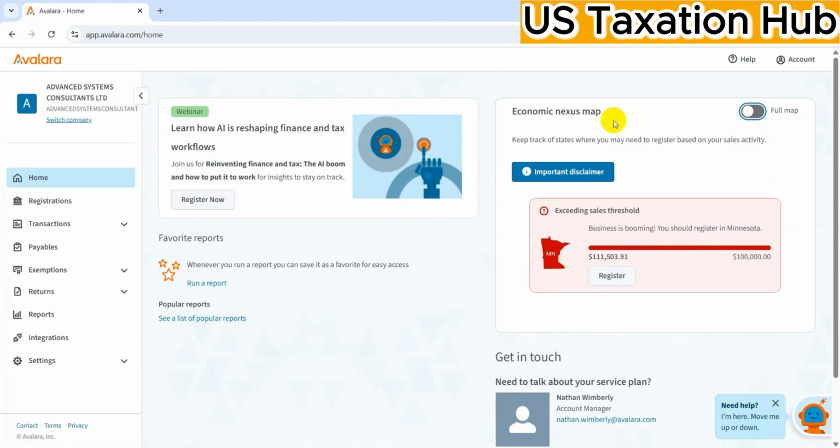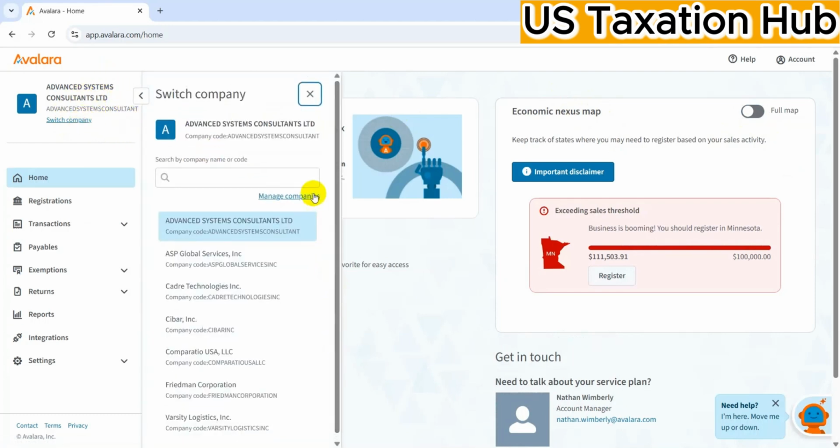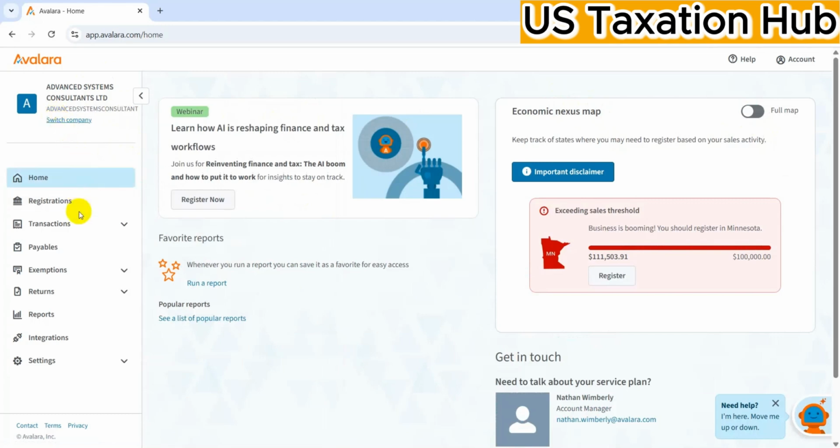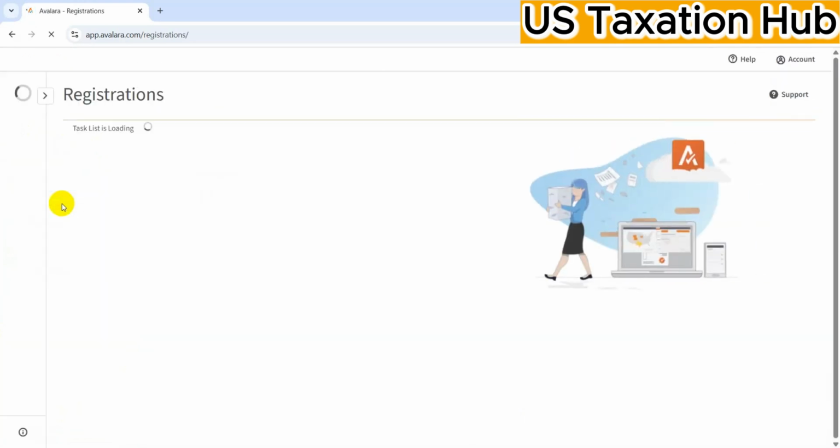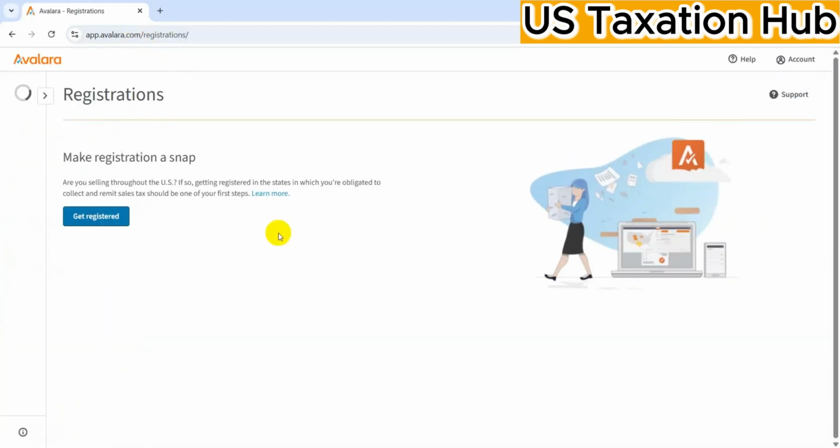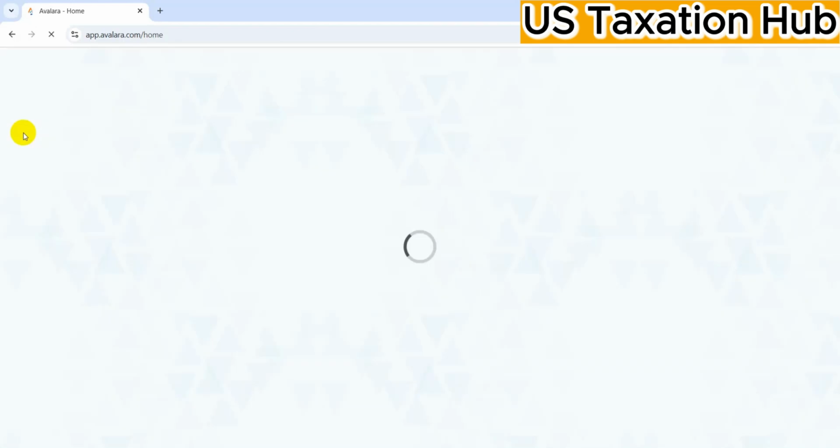On the screen again you can see I have this economic nexus. Here on this side you can see I have the switch company option. I am managing multiple entities, so I have different entities here. Then here is where everything will happen. So on the navigation, the first one is the home page, then we have the registrations. If I click on the registrations, you can actually do the registration if you want to get the service of Avalara. The third option, if I go back to the home,